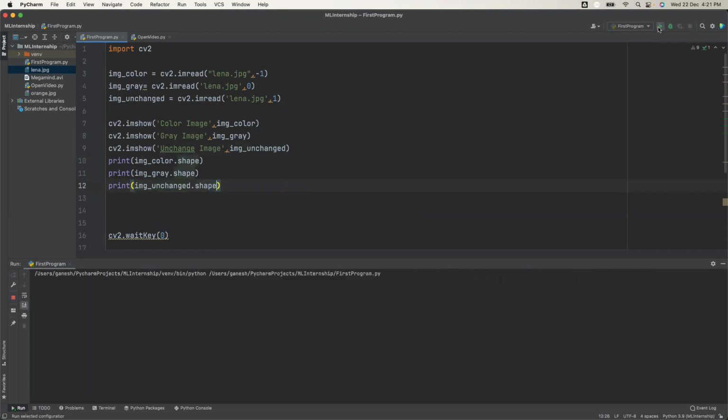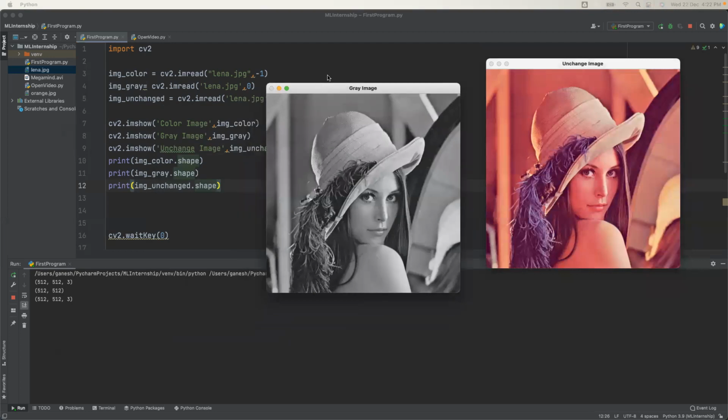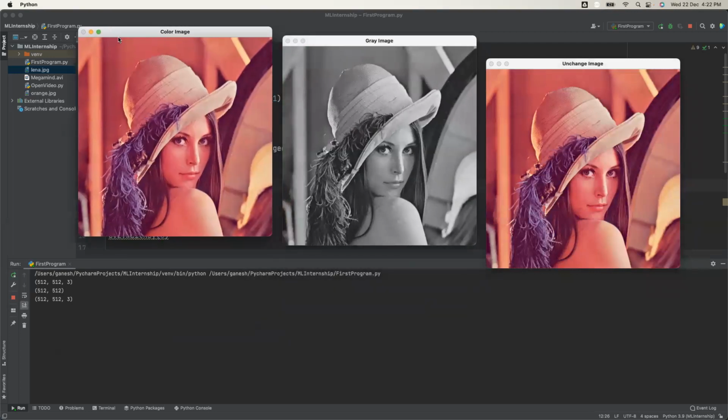I'm running it again, and you see here the shape. This is the unchanged image, this is the grayscale image, and this is the color image. You see here, the color image and the unchanged image are the same.